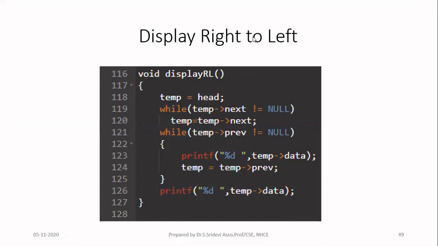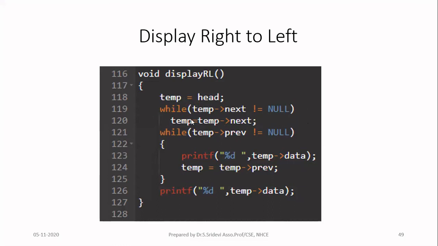Okay, for that you need one loop first. You can see here there are two loops involved. So don't confuse yourself why two loops are involved, because we don't have any pointer which contains the address of the last node. So first use the first while loop to go to the last node. So for that I am starting with the first node, that is temp is equal to head. Then while next of temp is not equal to null, I am traveling to the next node. So I am updating temp is equal to temp arrow next. So when you come outside the loop, temp will be pointing to the last node. Okay, it is pointing to the last node, not the first node, right? So here we made the temp to point to the last node.